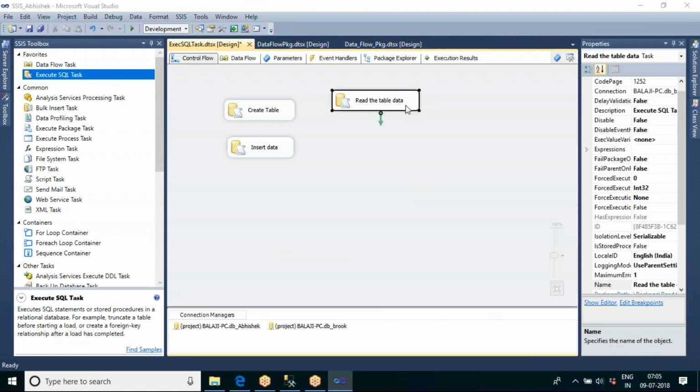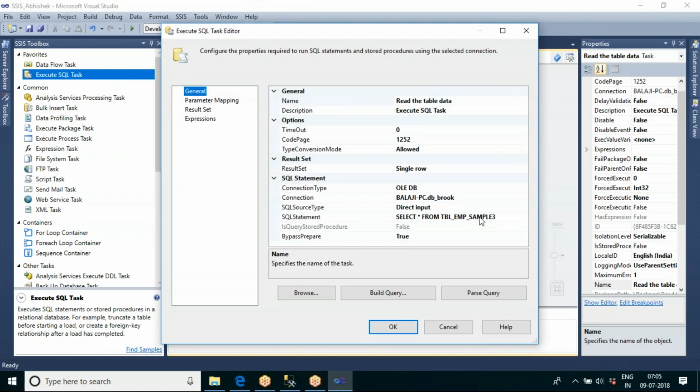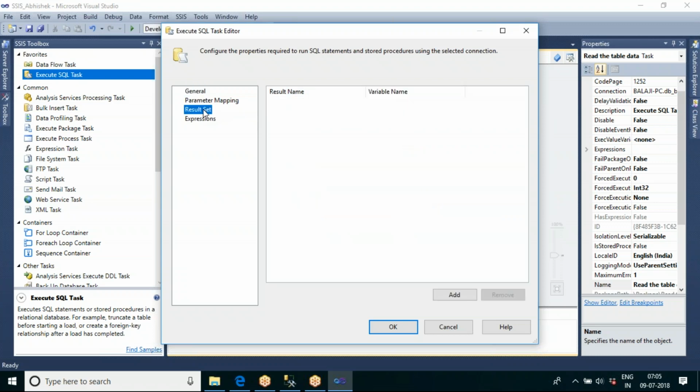Now this query will read the data, and I have specified a single row. We are getting a single row, and now we can go to the result set option here. Since we are getting a single row, I can use the result set, and we are getting three columns.